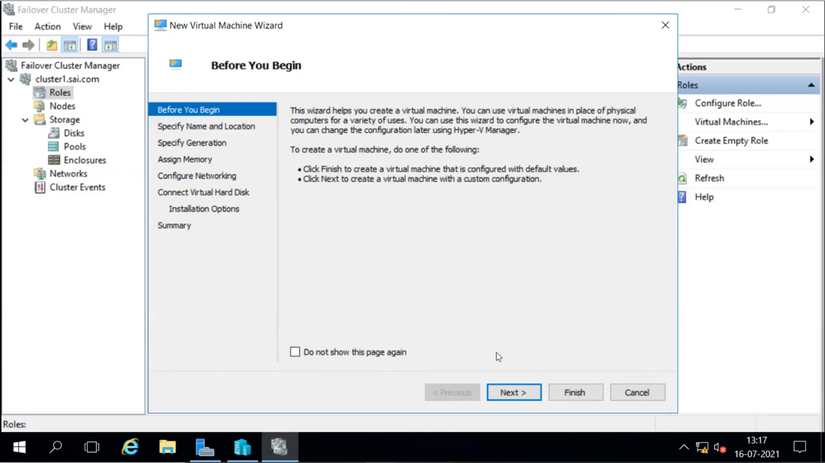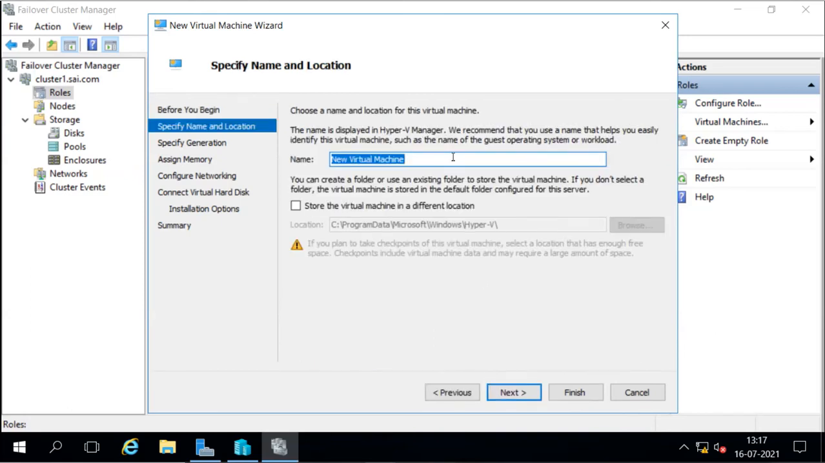Okay, now this wizard opens to create the virtual machine. We'll go next. We will provide the virtual machine name. I will say this is my VM1. I can say this is cluster virtual machine 1. Now we have to make sure that this storage is different. This is a default storage, it is under the local C drive, but we have to make sure the storage is under the shared storage,